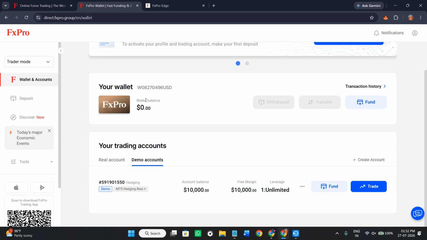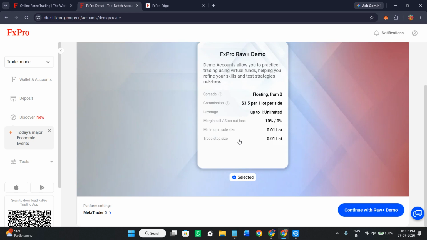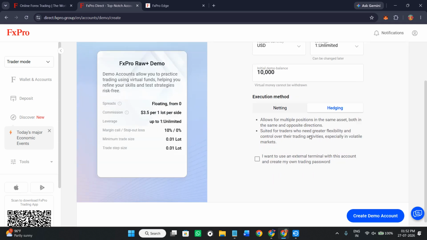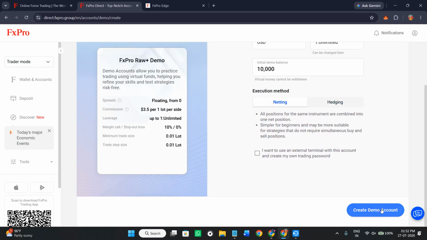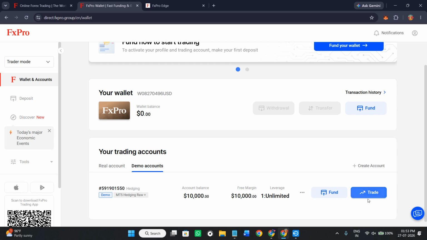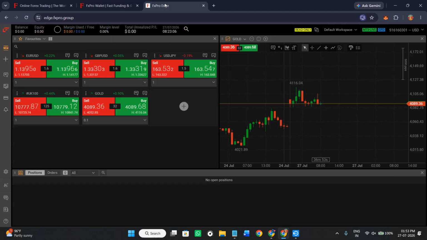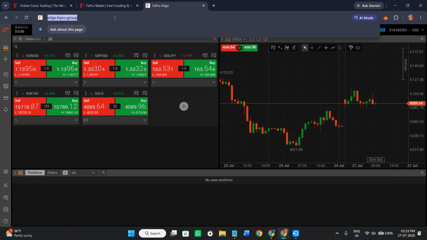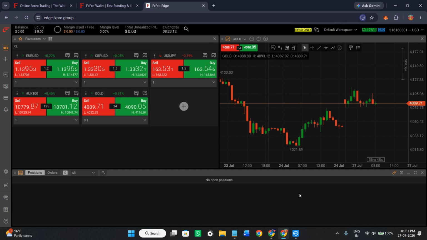Now, when you are inside your dashboard, you can either go with your real account or you can also trade with a demo account. So here you can create a demo account by selecting this option. You need to provide the initial balance over here and then select the option of create demo account. Now when your account is created successfully, you just have to select the option of trade and then simply press continue. Now on the next page, you are going to see this type of trading space in front of you